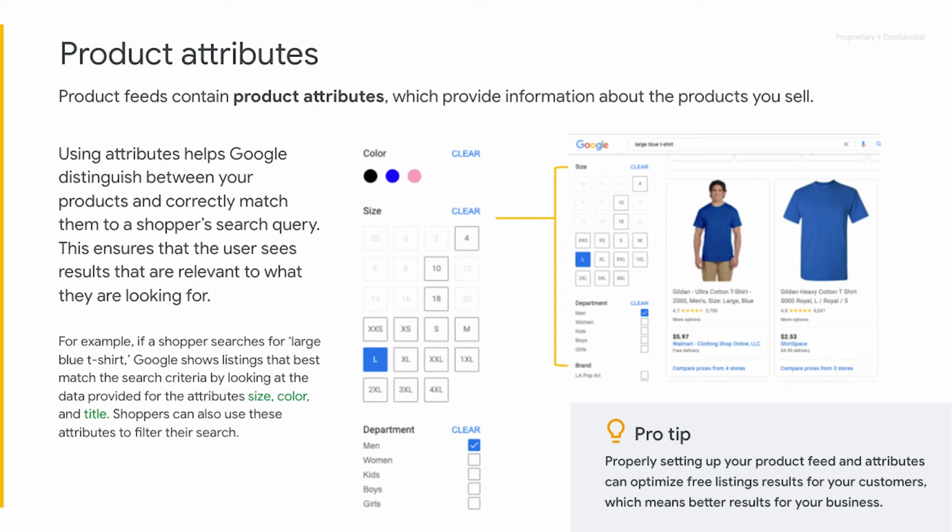Let's look at the example here. Let's assume you are selling t-shirts and you give us the size, color, and title of this t-shirt. So the consumer can actually use those as filter criteria to narrow down the search and find the product they're looking for. And that in turn will help you get better results for your business.